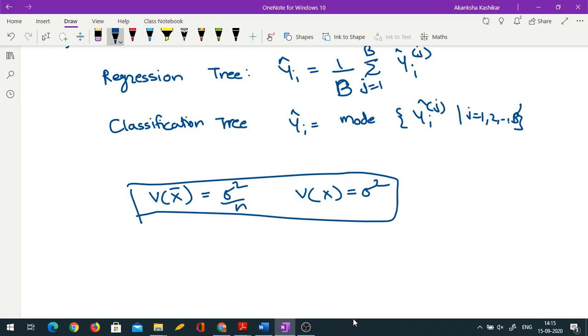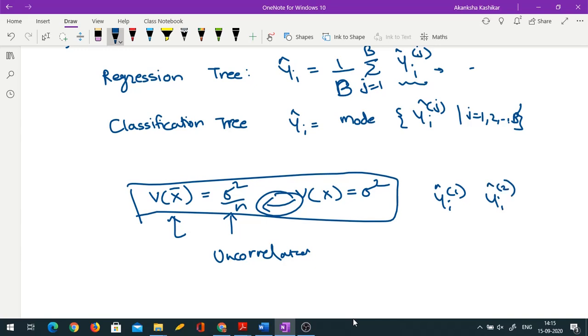So here also in bagging, you are averaging over predictions from multiple trees. So the variance and hence the error is reduced up to some extent due to averaging. Of course, the error is not reduced up to this extent because this is the case for an average based on uncorrelated observations, whereas here my yi hat j's need not be uncorrelated. So yi hat 1 is the prediction for yi based on the first tree and yi hat 2 is the prediction based on the second tree. These two need not be uncorrelated.